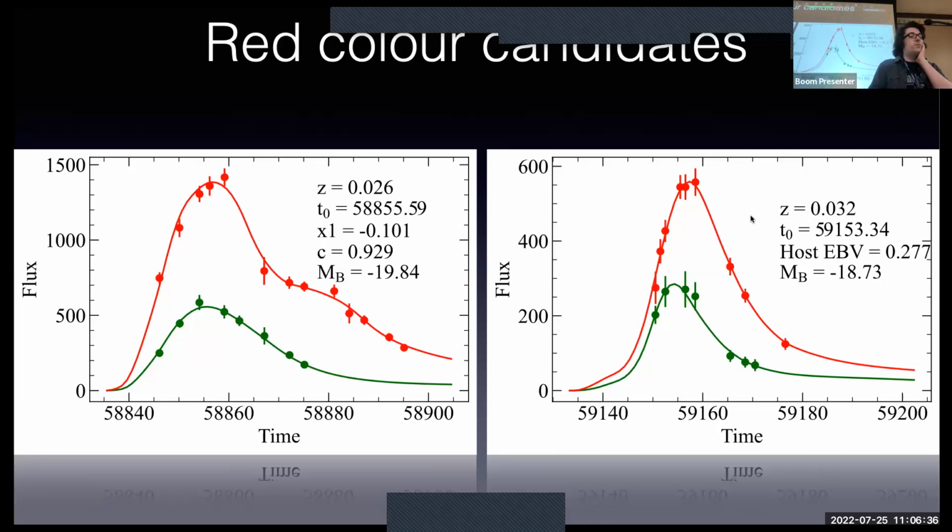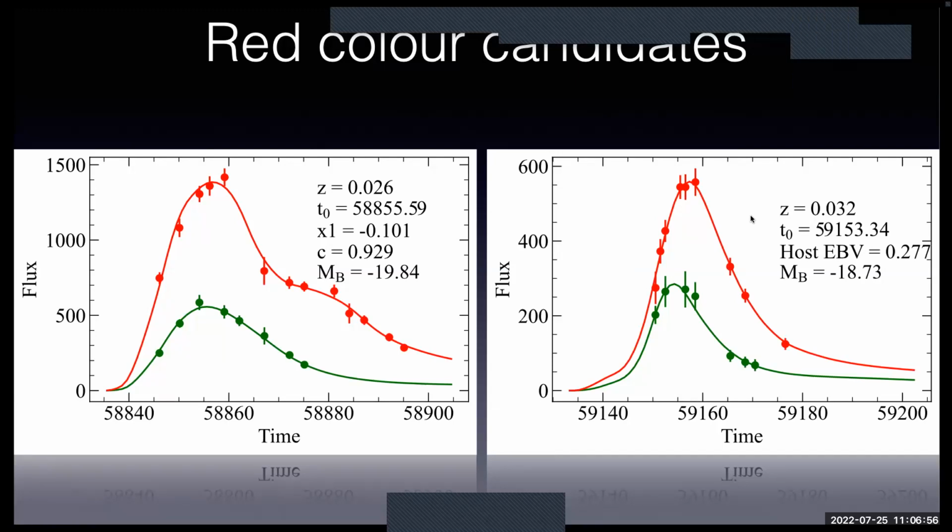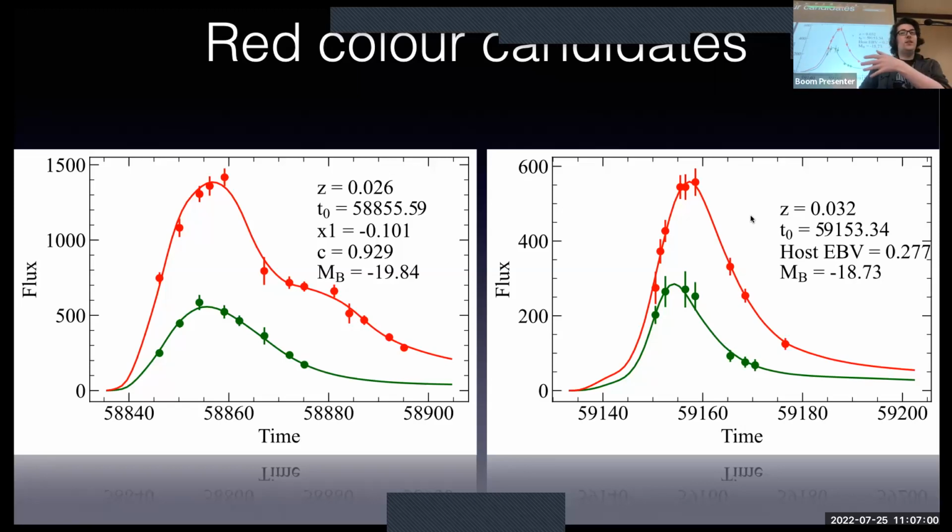Yep, that's possible. I mean, we do see cases like that. We didn't find any in our sample, but that does happen. Although I think in that case, they probably wouldn't be the same magnitude, so you would easily distinguish them as being different. Okay, thanks. But if it was a pre-outburst of a supernova, then